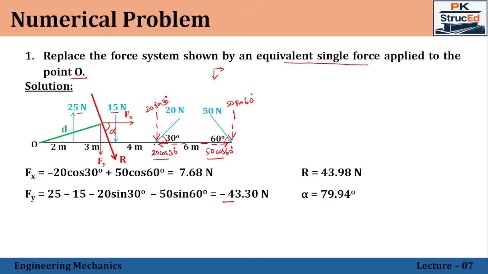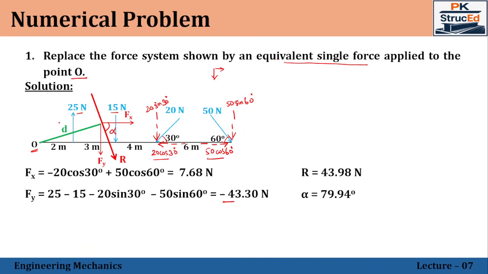Now, calculating the moment of all these individual forces about the point O, because we need to find the position, in the sense we need to apply Varignon's theorem. As per Varignon's theorem, we know that the moment of all the individual forces about a common point will be equal to the moment of the resultant of all those individual forces about the same common point. So in that case, we are going to assume O is the common point where we are going to find